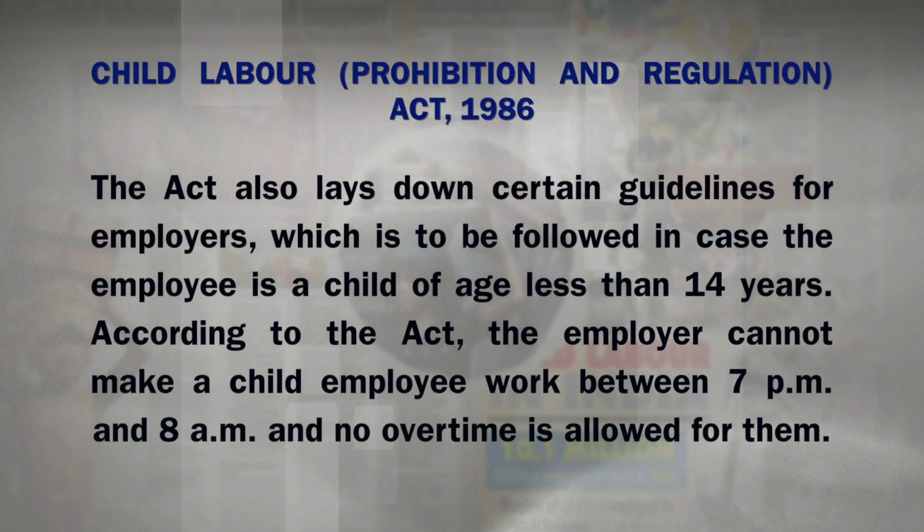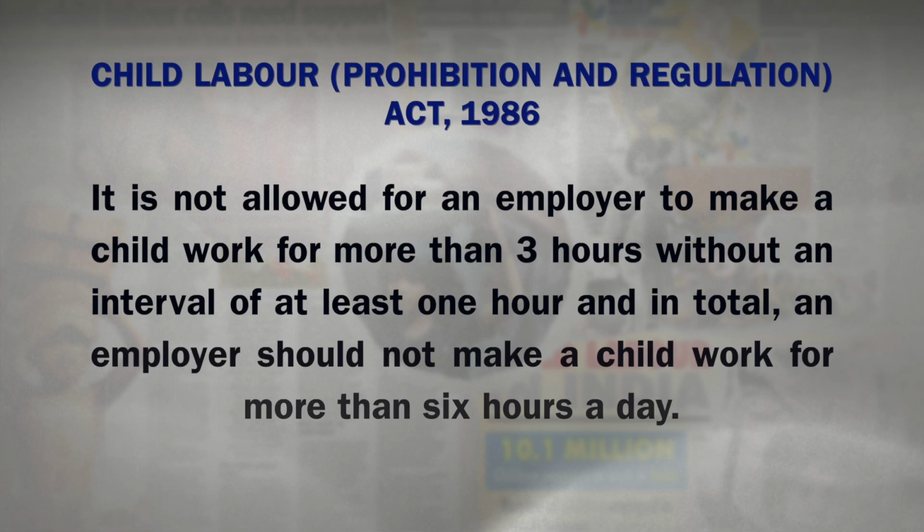The Act also lays down certain guidelines for employers which are to be followed in case the employee is a child of age less than 14 years. According to the Act, the employer cannot make a child employee work between 7 p.m. and 8 a.m. and no overtime is allowed for them. It is not allowed for an employer to make a child work for more than 3 hours without an interval of at least 1 hour, and in total an employer should not make a child work for more than 6